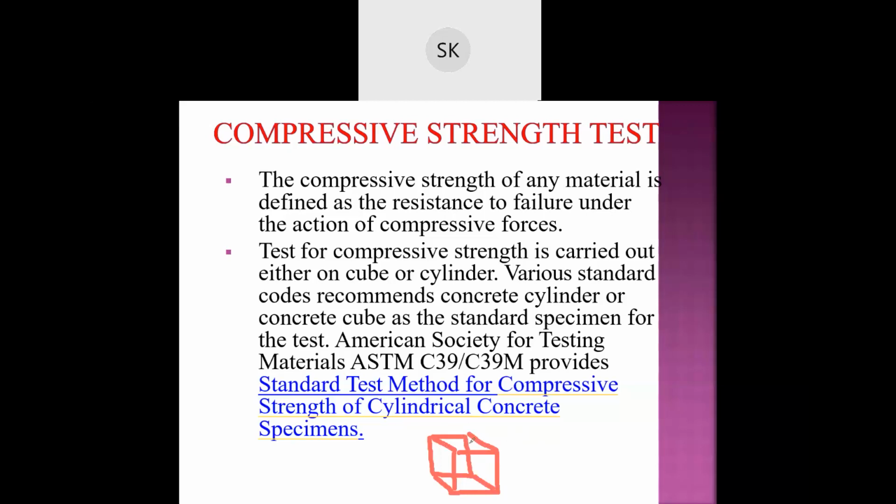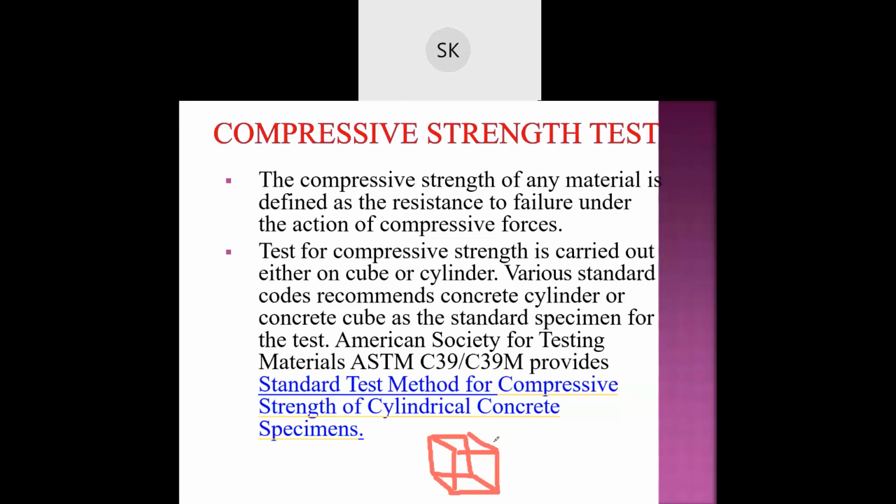After placing concrete in these molds, after 24 hours we demold the cubes. Then we place these cubes in water for 7, 14 and 28 days. After 7 days we do the test and see how much strength it got.